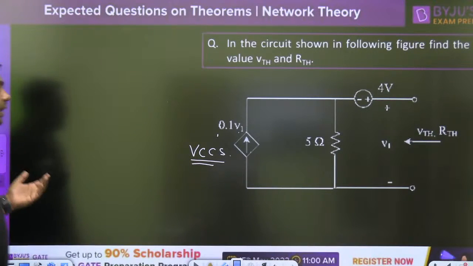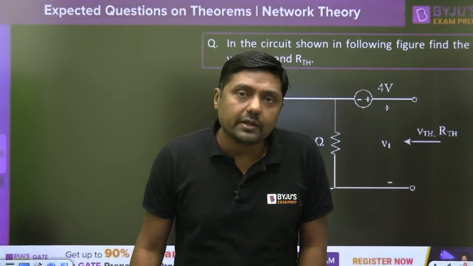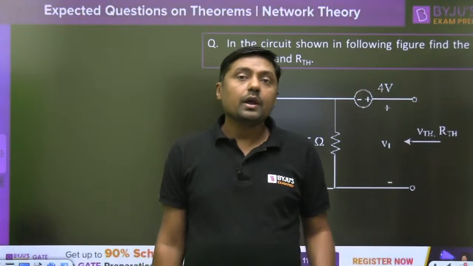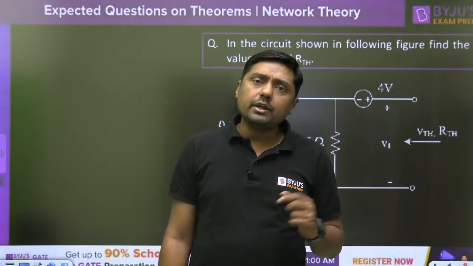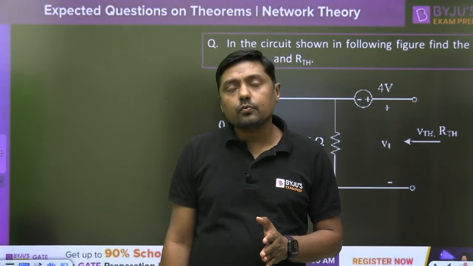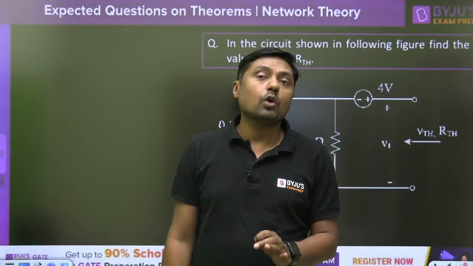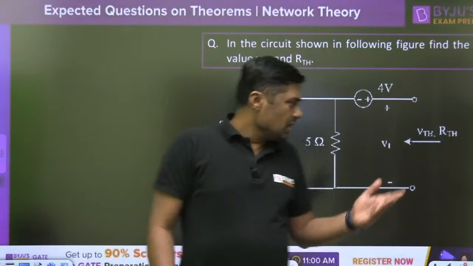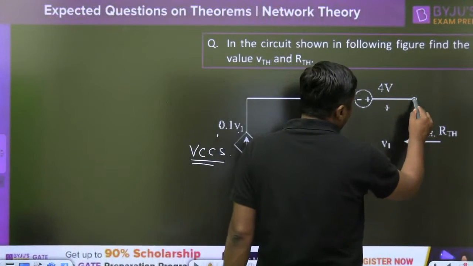So when some student asks, I want to use the 1 volt battery to find the RTH. Okay, no problem. If only RTH is asked, then you can use it. But already VTH or ISC is asked, because we already have VOC, that's why I am using VOC upon ISC. You can go for a 1 volt battery, no problem. Yes, connect a 1 volt battery here.